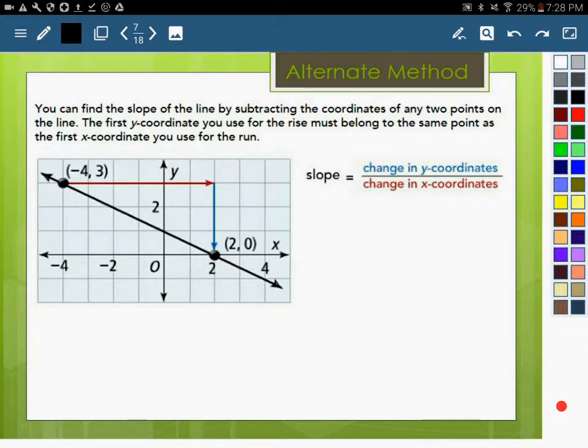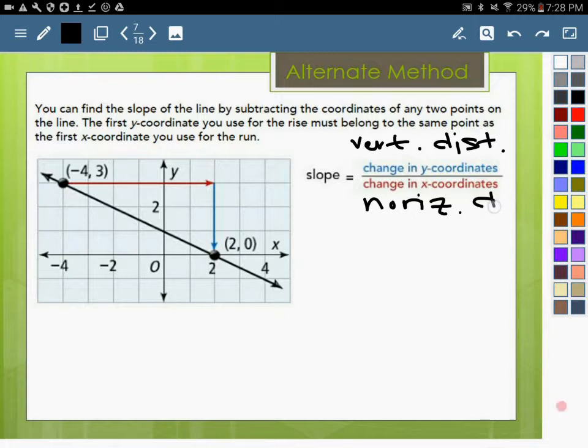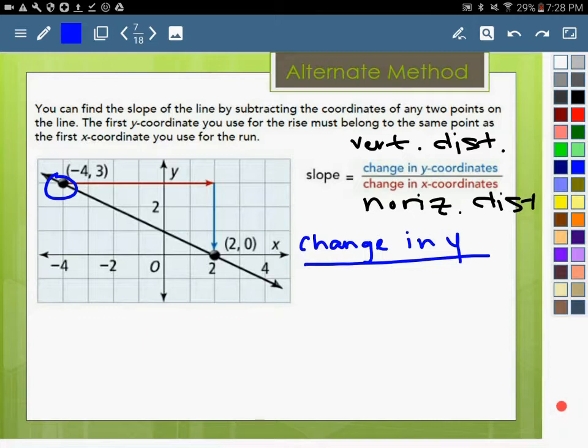Again, my slope is the change in the y coordinates divided by the change in the x coordinates. That's the same thing as saying vertical distance and horizontal distance. It's just a different way of writing the same thing. Change in y coordinates versus change in x coordinates. So let's talk about what the change in y coordinates could be. Well, let's talk about the leftmost point. So this point right here, the y coordinate of the leftmost point